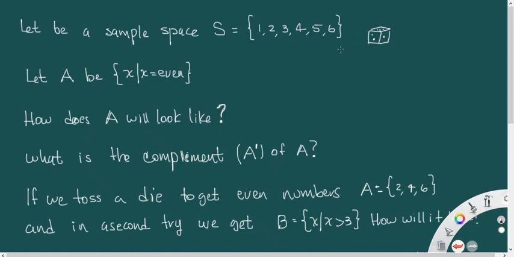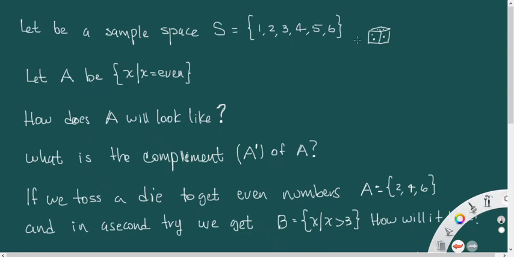If you roll this die, what will the sample space be? Well, the sample space will be equal to 1, 2, 3, 4, 5, and 6, which is all the possible outcomes out of this die. And this is the complete sample space